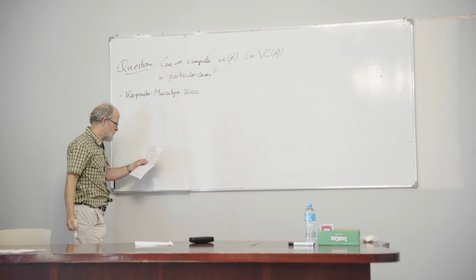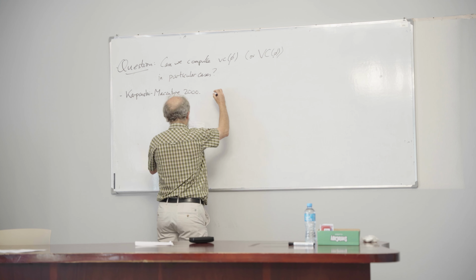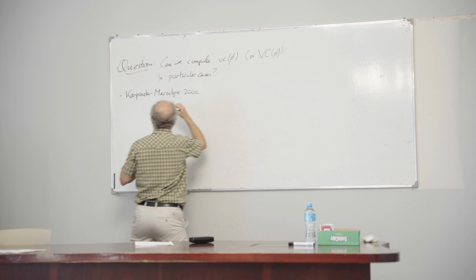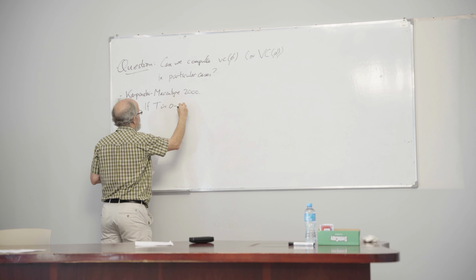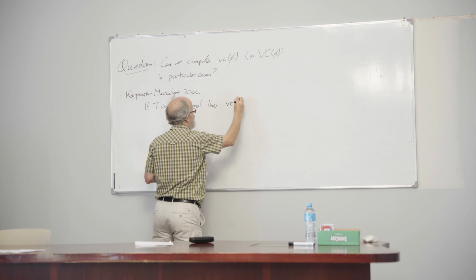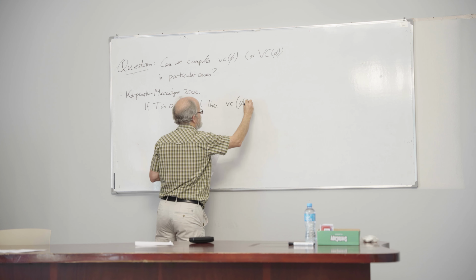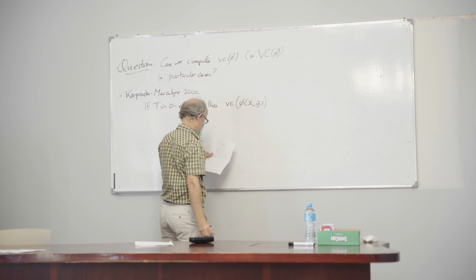And they showed, for example, I guess the main result of this was that if T is o-minimal, then VC of the formula phi x bar y bar is at most the length of y bar. It's quite surprising